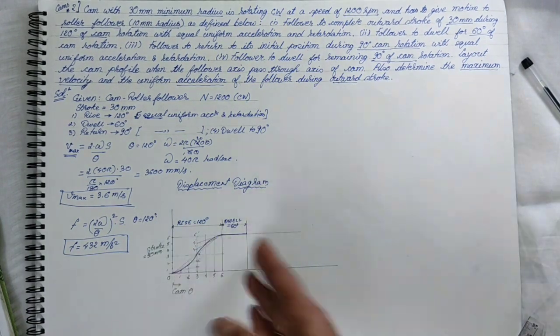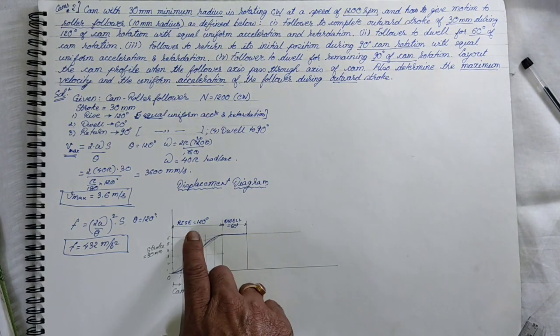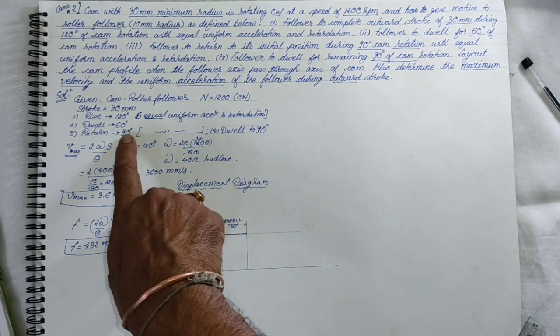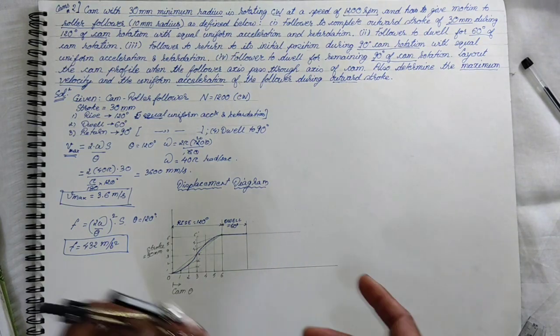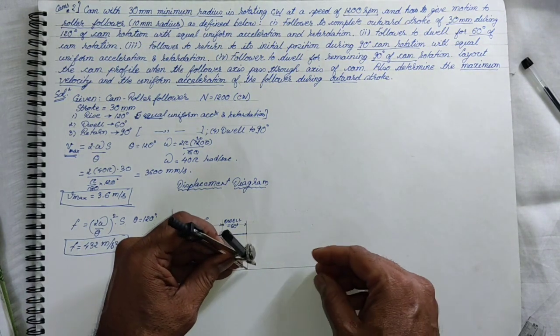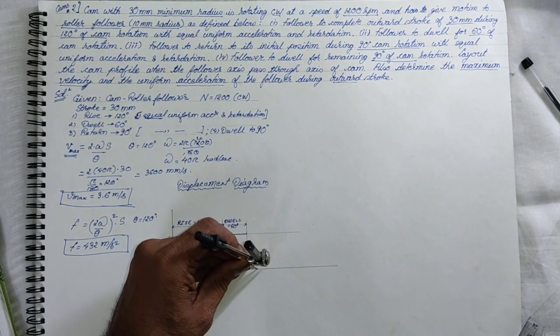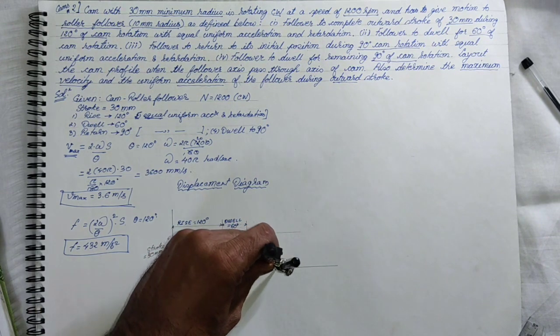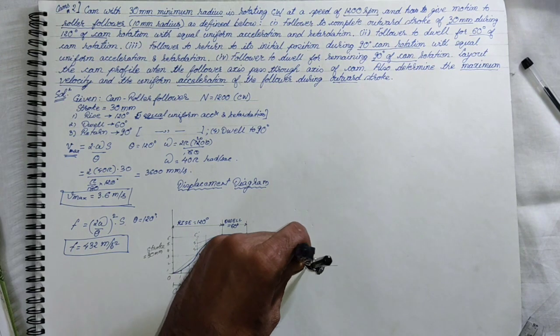Now next is again the return. The return is also the same. So let us see how we get the displacement diagram for the return. Again, for the return, the rise was of 120 degrees, the return is of 90 degrees. That means we will be dividing 90 degrees into a number of steps, and that will be six divisions. That is always comfortable. So again, I can take some random but equal 6 steps. So 1, 2, 3, 4, 5 and 6.